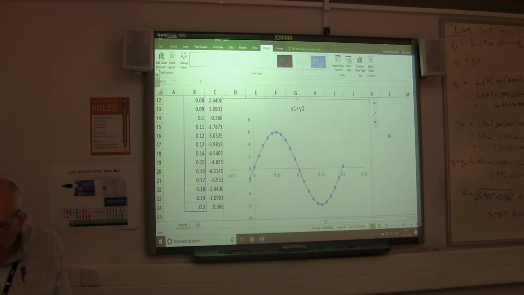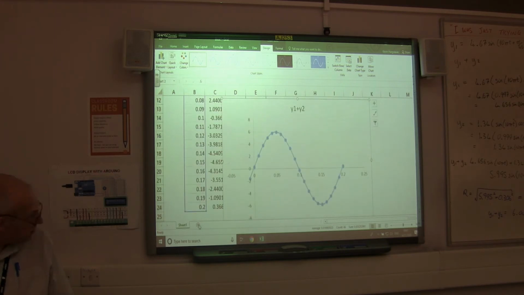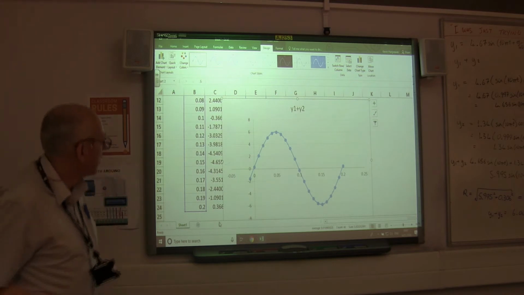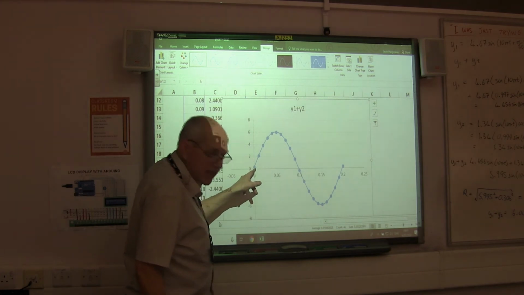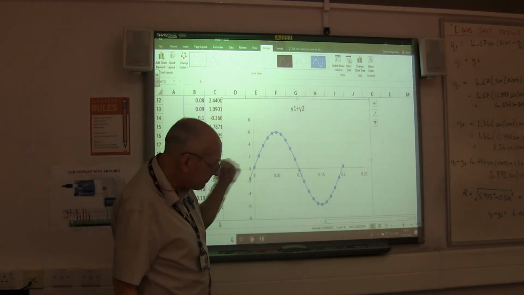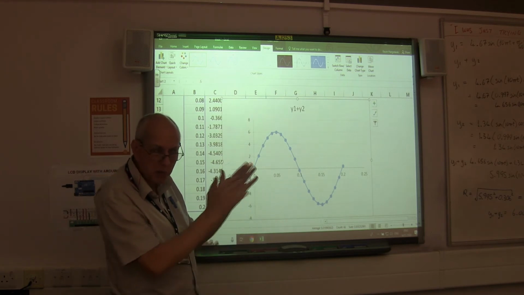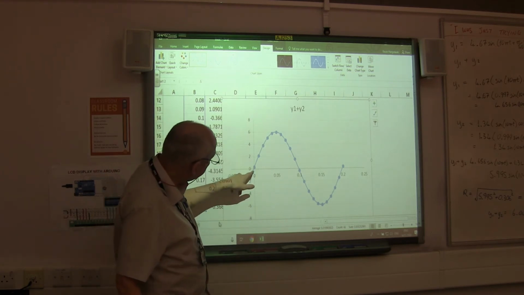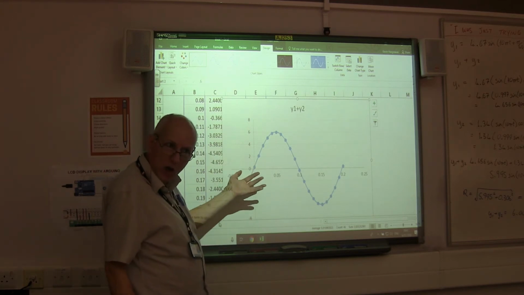Now, what we've got there, I'm going to put this on another. I don't know how well you can see that. Yeah, I'll leave it on this one. The phase angle there is pretty small. If you remember when we did the maths, it was 0.051. Okay, so it's a very small phase angle, even in radians. So you can't really see it on there. But you'll need to read that off there to get your